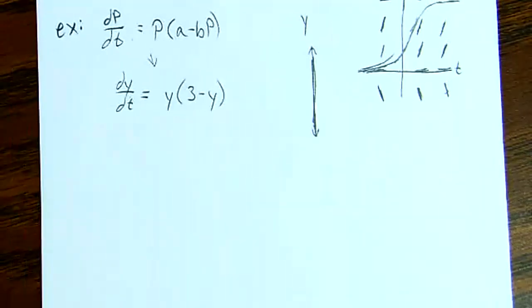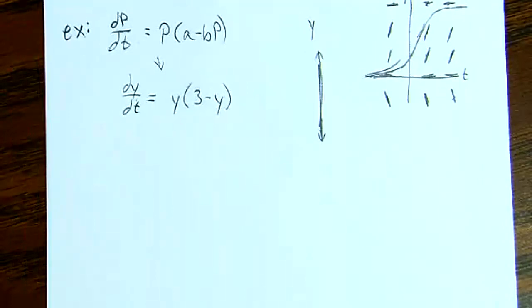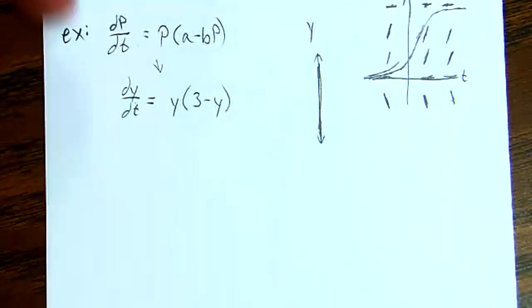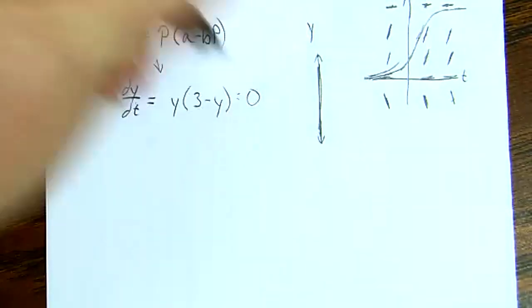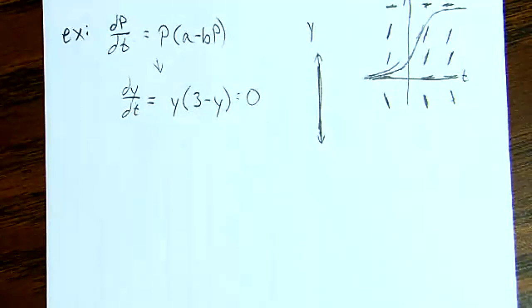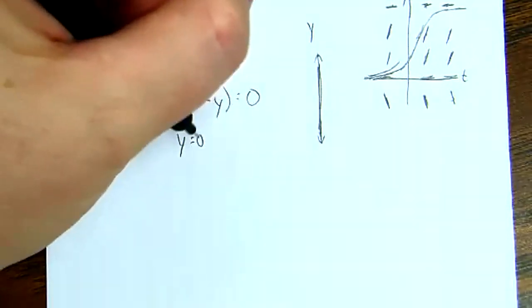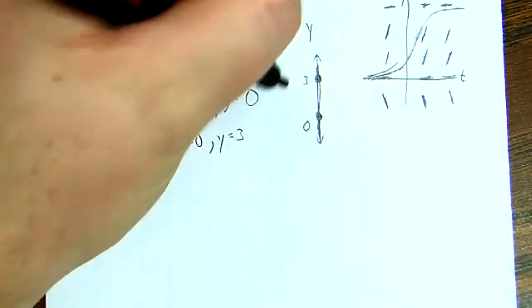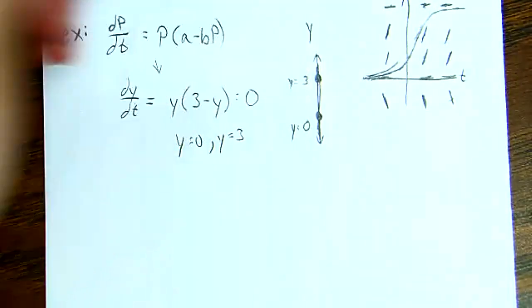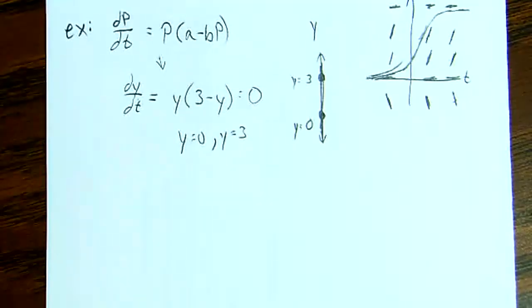So all I've got is this vertical line, and the numbers I care about on this vertical line, well, the equilibrium points are the spots where this equals 0. That happens when y is 0 or when y is 3. So if I mark these here at y equals 0 and y equals 3, this now should feel very familiar